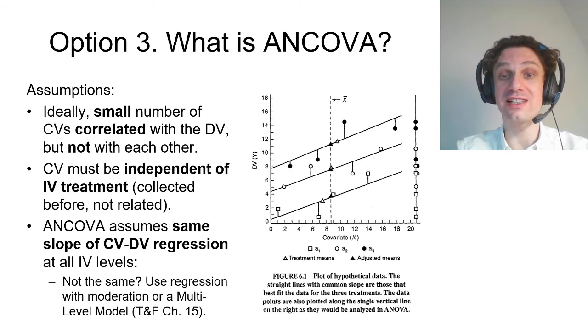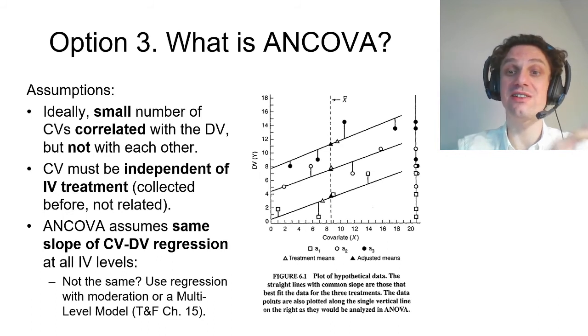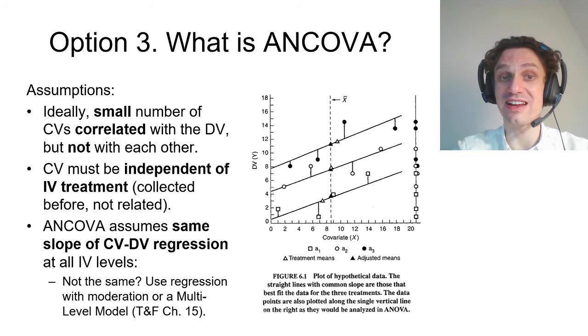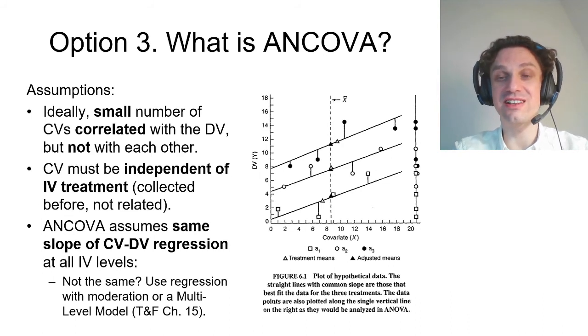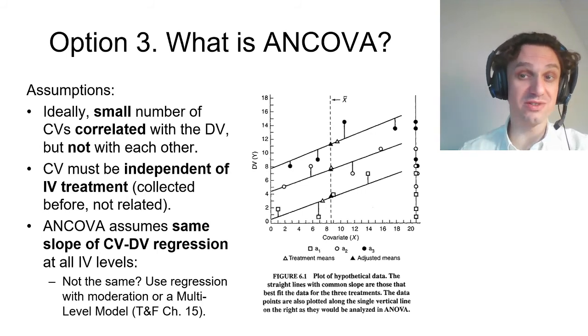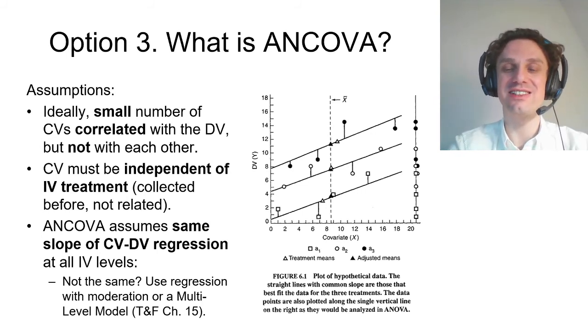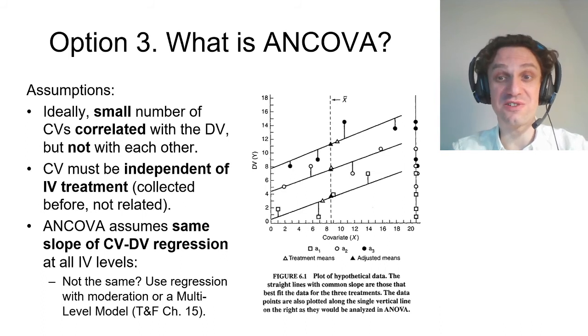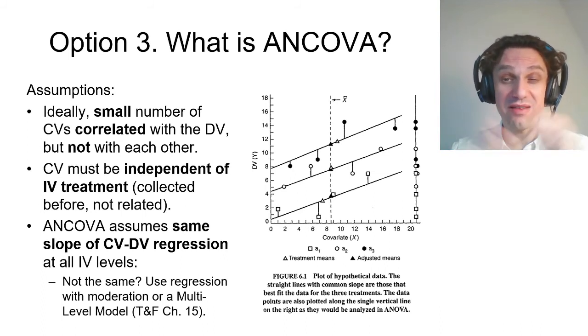So when do we want to use ANCOVA? When we want to control for alternative explanations, or we want to exclude other sources of error variance. For example, you're testing an educational intervention. Obviously, you want to control for IQ. Or you're interested in how students of different disciplines study. Probably you want to control for their school graduation exam scores. So some pre-existing individual differences that contribute to your